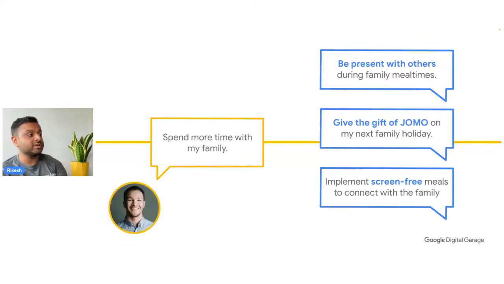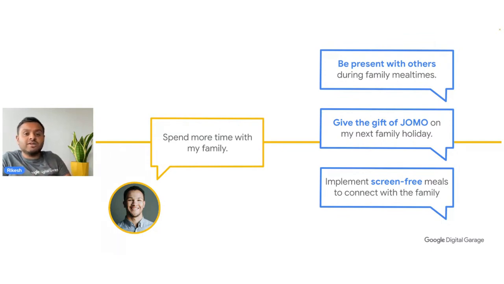Another example is if somebody is looking to spend more time with their family, they can be more present with others during meal times. That can include implementing screen-free meal times so they can spend more time with their family. I know some people have done this, whereby when a family is coming downstairs to eat, everybody must leave their phone upstairs in their room and on silent. Maybe they just have one phone in the next room in case something urgent comes through, like a phone call.